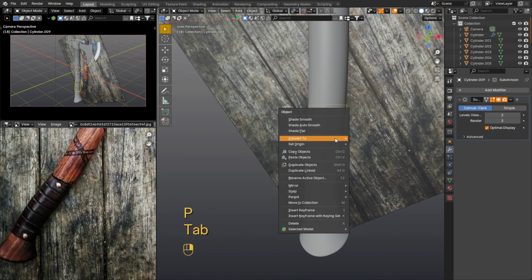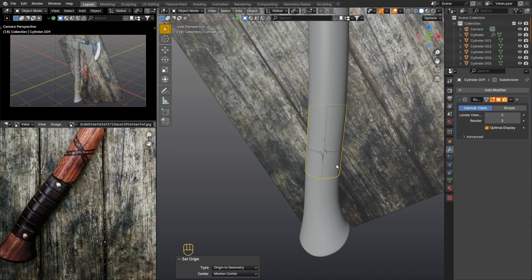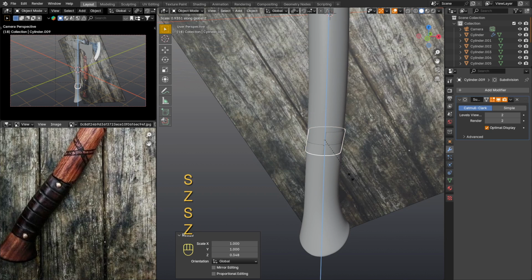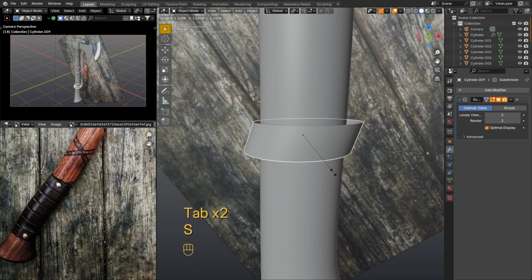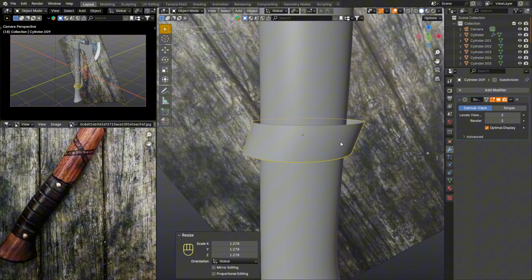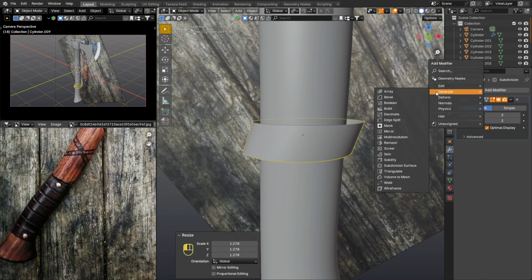We can also see in the reference that there are also such elements at the bottom of the axe handle, but be careful. They are a little wider. As I understand it, this is to make it comfortable to hold in your hand. And here we repeat the same procedures that we did with the upper elements.